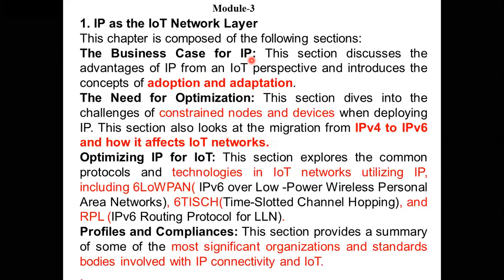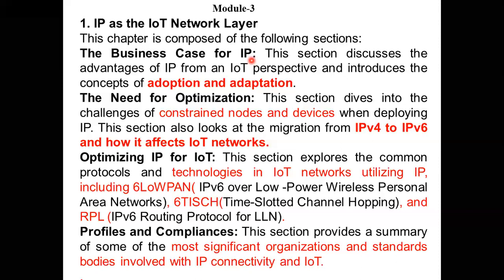Now the question here is, can this IP be used for the Internet of Things? Why? Because we developed this IP some 3 decades back. One decade means 10 years, 3 decades means 30 years. More than 30 years back, but the textbook explains it as 30 years. Thirty years back, we made IP. Now, can that same IP be used for Internet of Things technology or not? That is the question here.